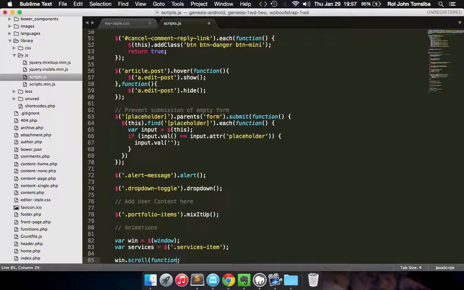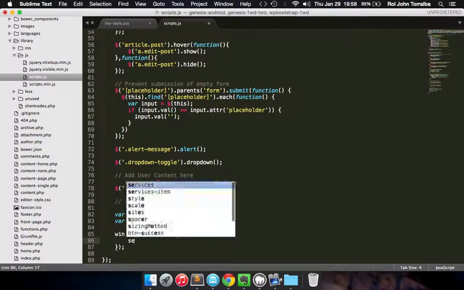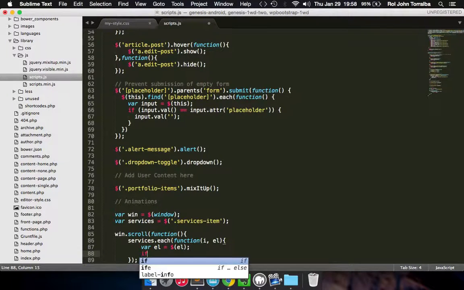Okay, so continue with coding. I hope you're following along with this part. Make sure you don't miss any letters or any code, because just one simple mistake could mess you up later. So just to avoid the frustration,